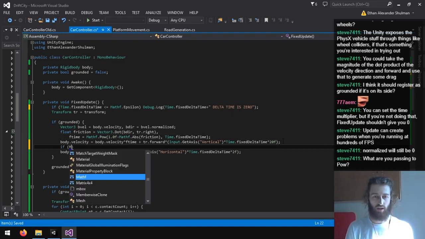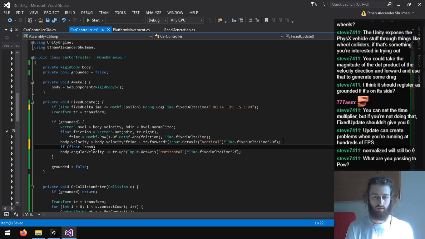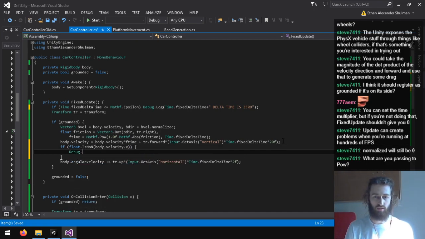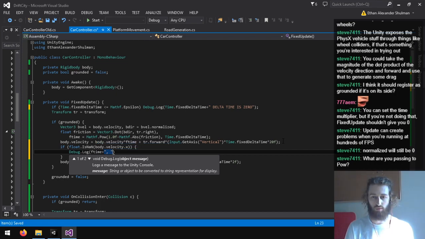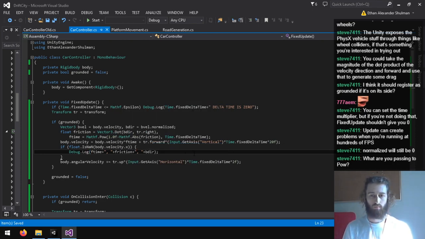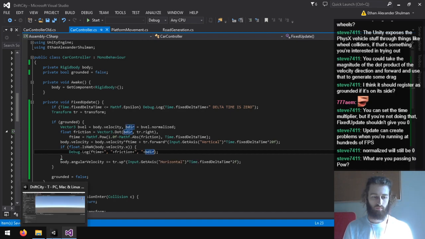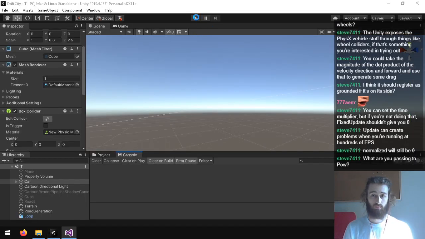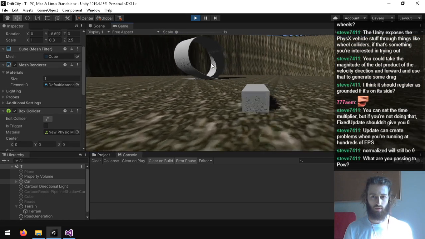So we can check for not a number here. Velocity.x, and then we can debug what these values were. Very weird.